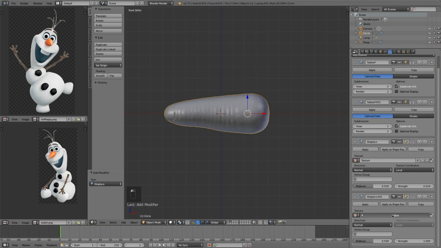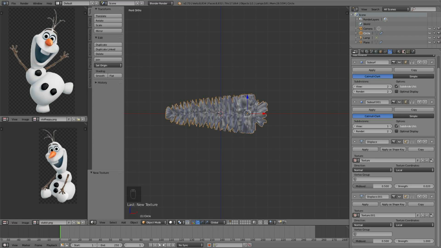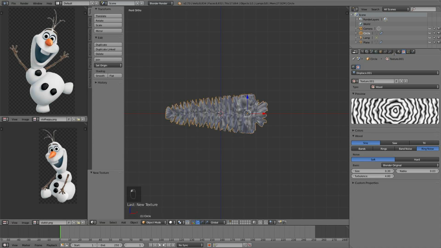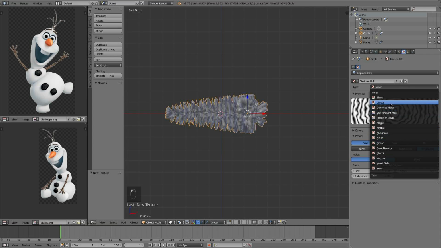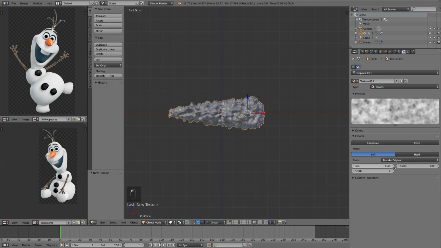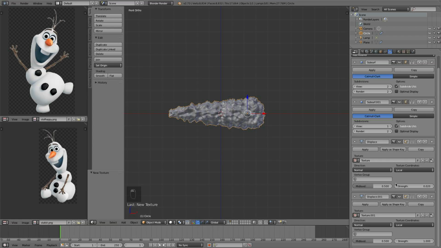So, new displacement and new texture. Go here. We see we have texture 2 now. Grab that one. We'll make this one clouds. Okay, so choose clouds. And give a little more depth. And then if we come down here to our new one here that has clouds, we'll just take the strength down a little bit on that. And we get some nice